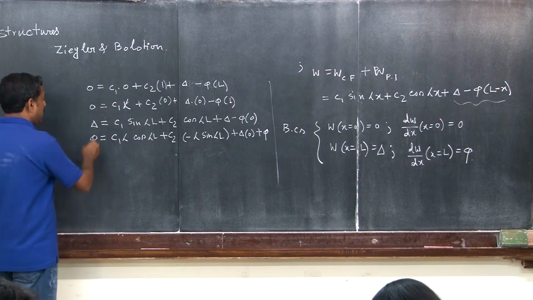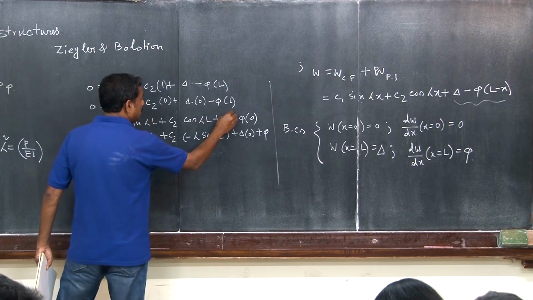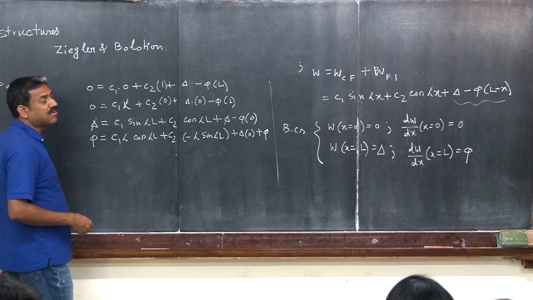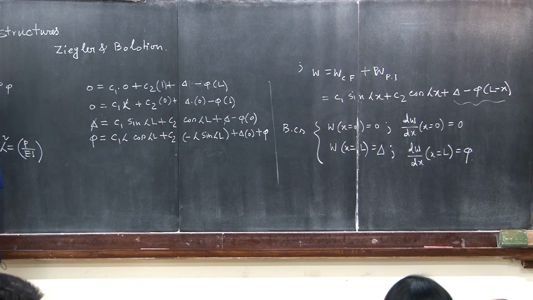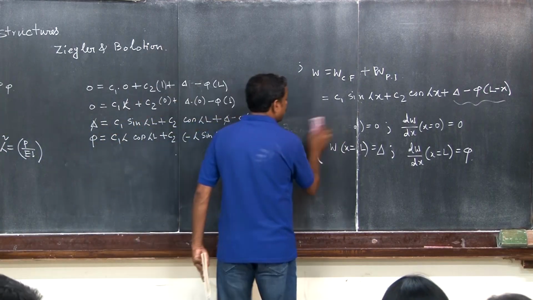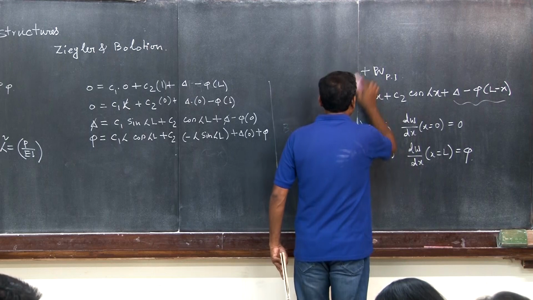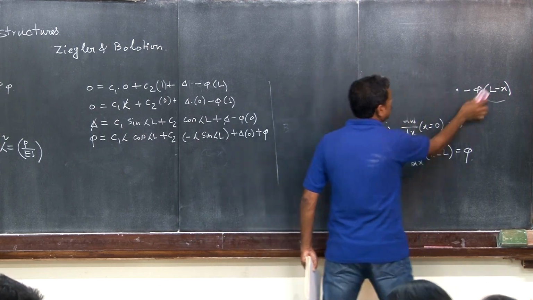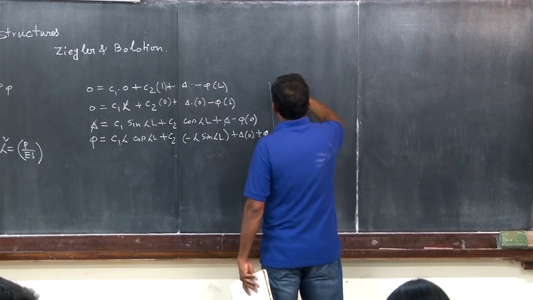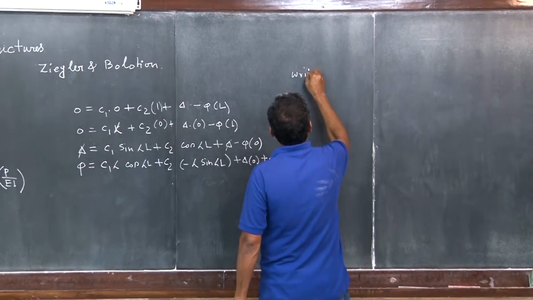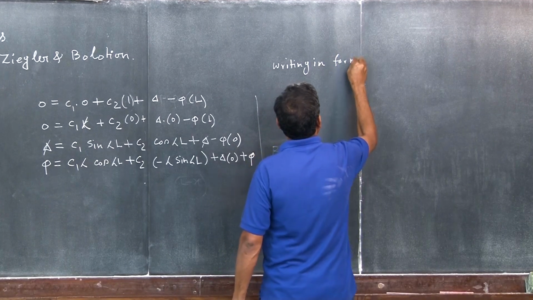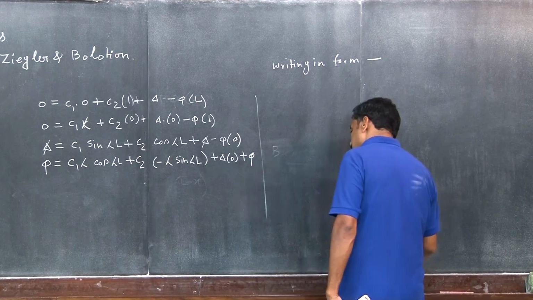Fine. You can see this delta will cancel out, since delta is multiplied by 0. Essentially, this gives you 4 simultaneous equations, and all are a homogeneous system of equations. Now, let me write it down in matrix form. If you write in matrix form, you will see, so then we will get,